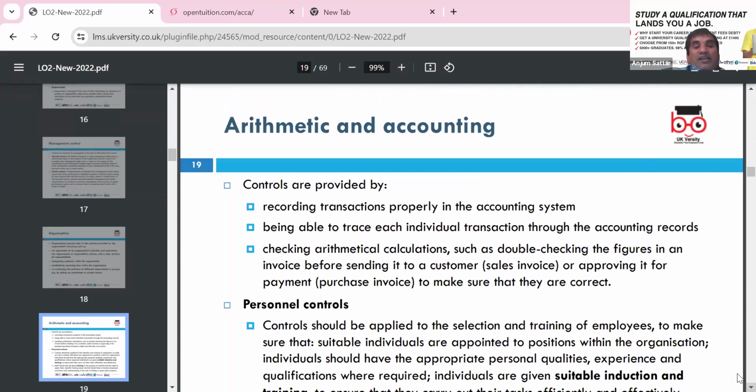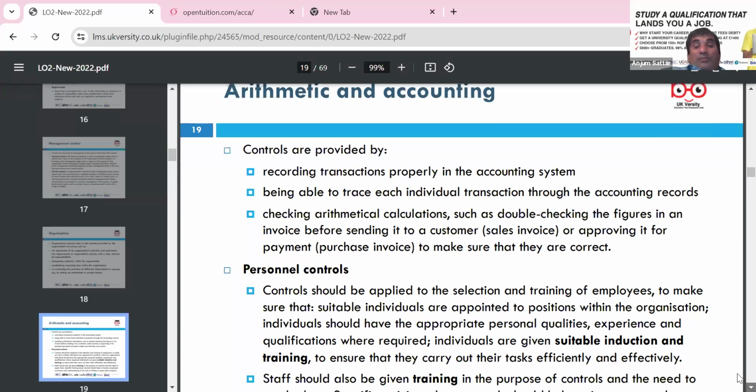Being able to, because of very creative accounting, we learned about Enron. Enron is a 3-hour movie, and it's quite good to watch if you want to see how Enron fiddled their accounts. Yes. So invoices being sent to customers, approving the payment and all, and who was the person responsible.